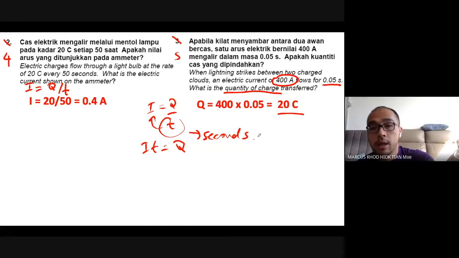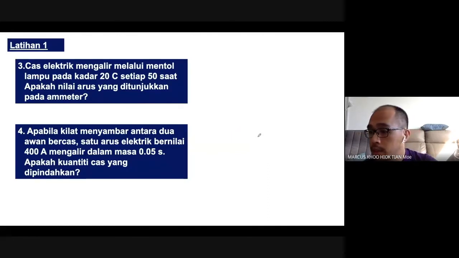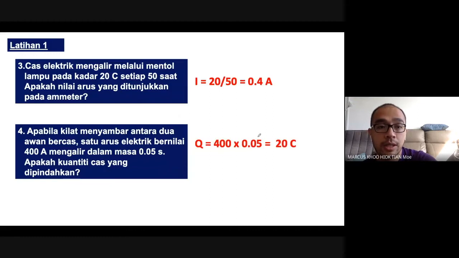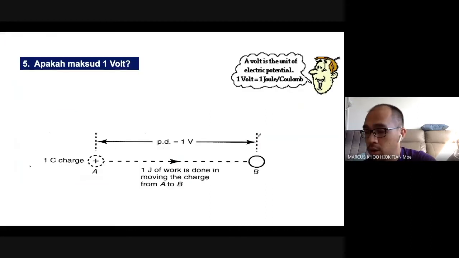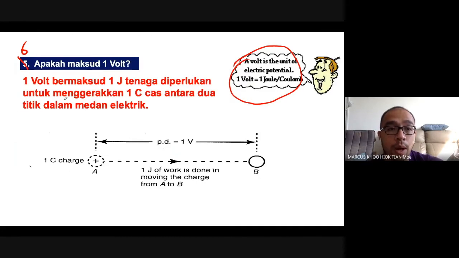Thank you. All right. This one has already been answered. Sorry. Okay, this is question number 6. What is the meaning of 1 volt? So a volt is a unit of electric potential. But this is what it means. 1 volt means 1 joule of work done to move 1 coulomb of charge between